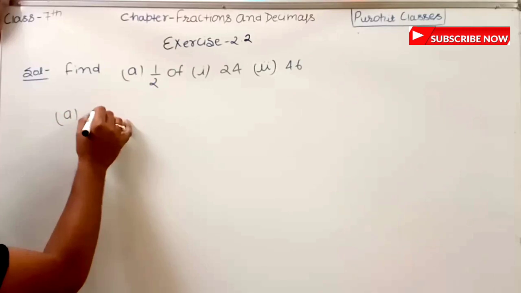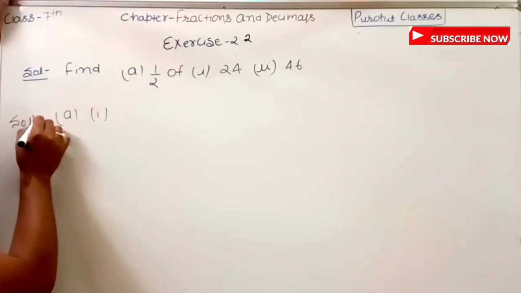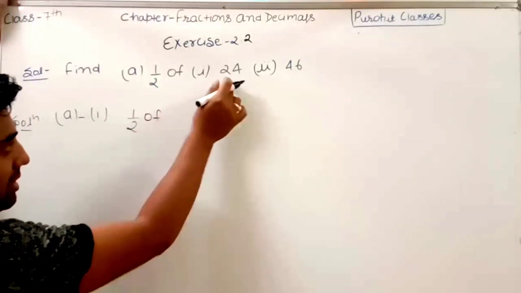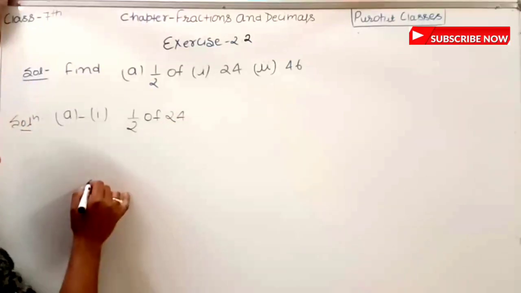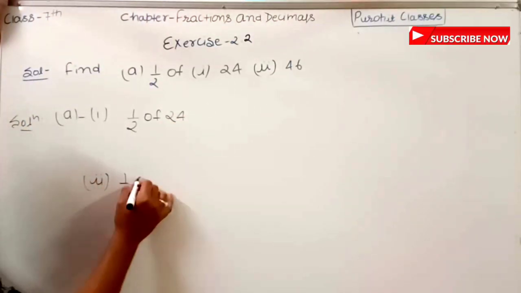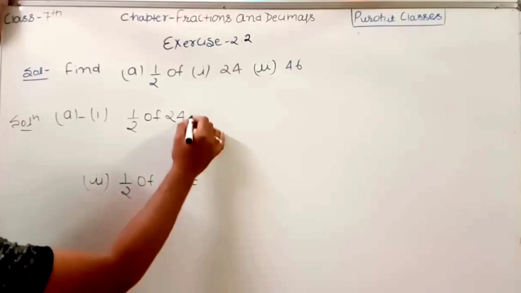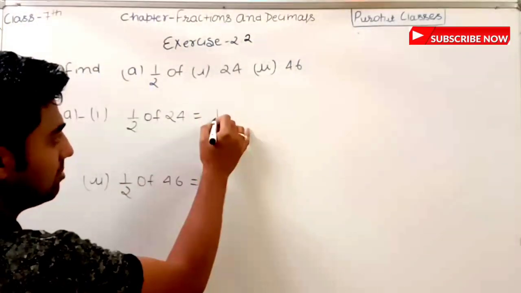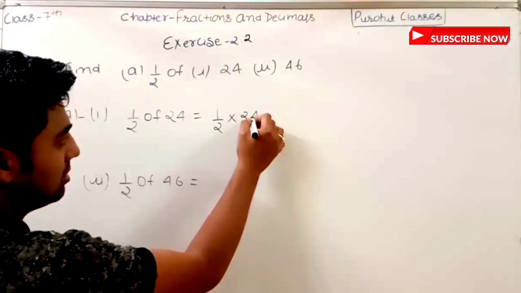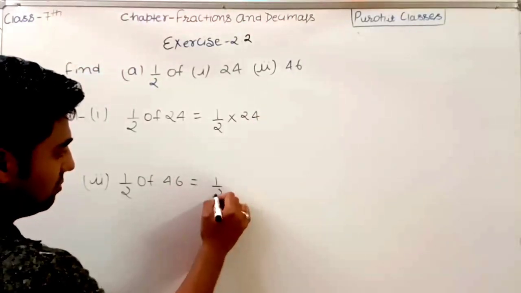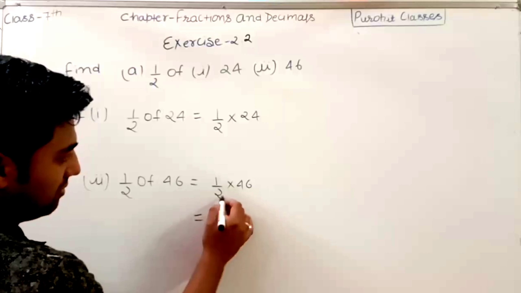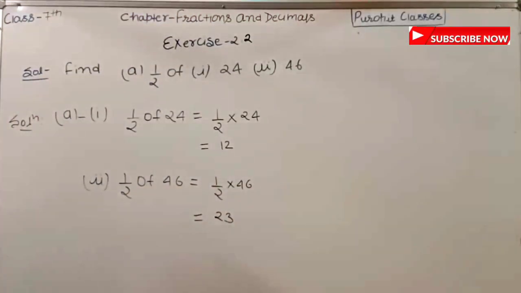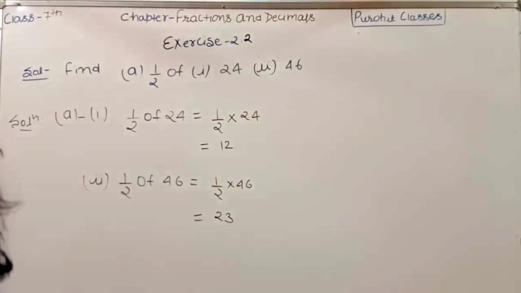In the solution of A, we are doing its first part first. It is saying 1 by 2 of 24. If we solve the second part, then it will be 1 by 2 of 46. As I told you in the previous question, when we eliminate "of", in the place of "of" we will be using the sign of multiplication, as you have understood in the BODMAS rule. Half multiplied by 46, simply you will find out, then this will be 23 and this will be 12. So half of 24 is 12 and half of 46 is 23.